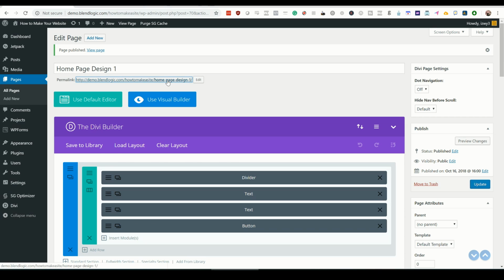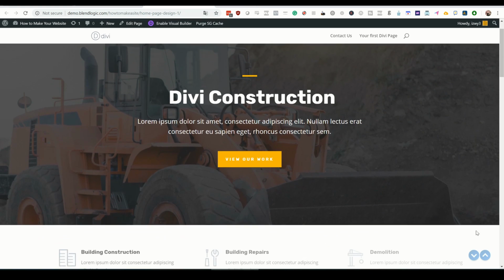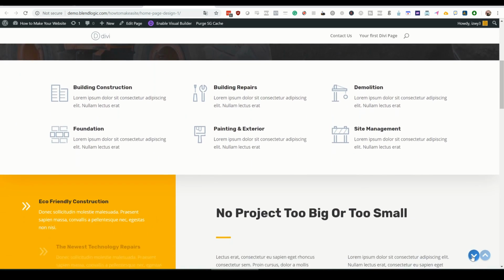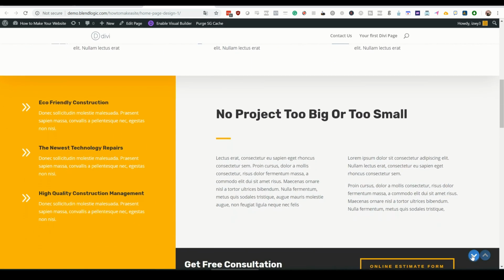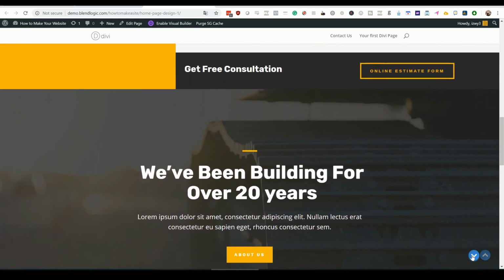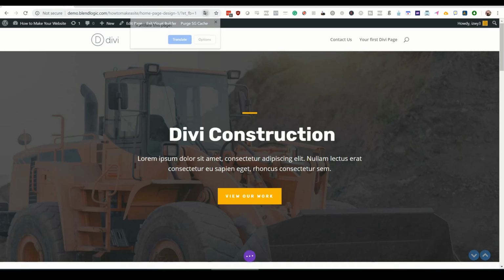So this is what it looks like inside Divi Builder, but a cool thing you could use is the visual builder. It's a very cool function, but first let's look at what that template looks like. If I scroll down, you see these clean animations. This is just one click. I loaded it and it brought this construction page, and we're free to edit any of these texts. We could use the images, but we just edit the text to match our site.